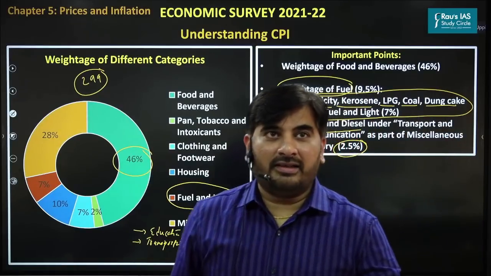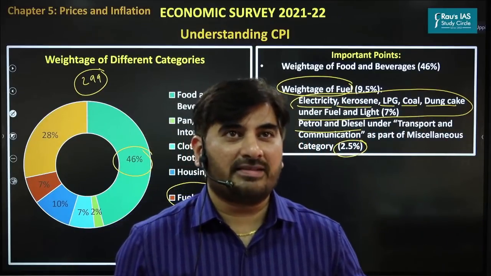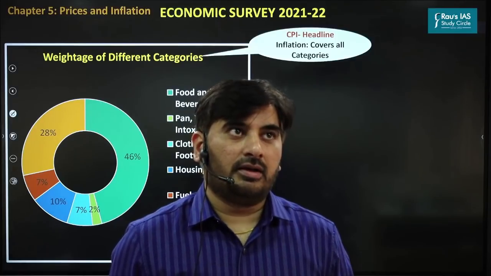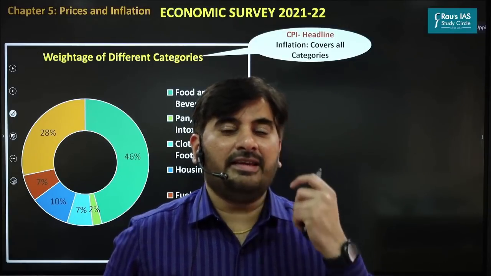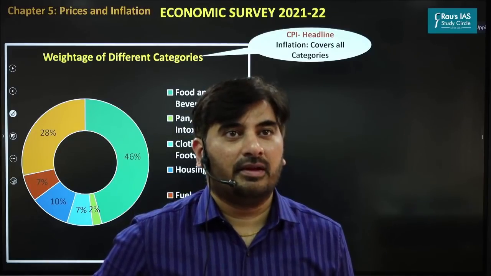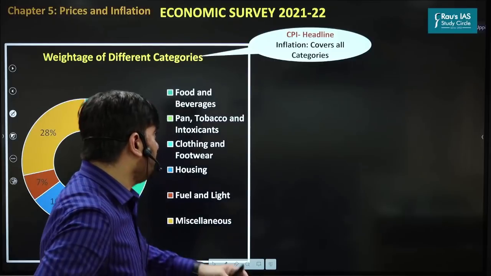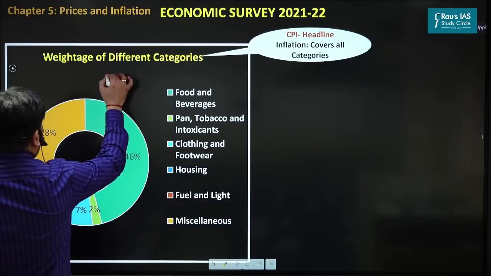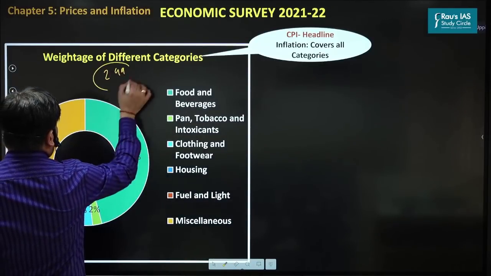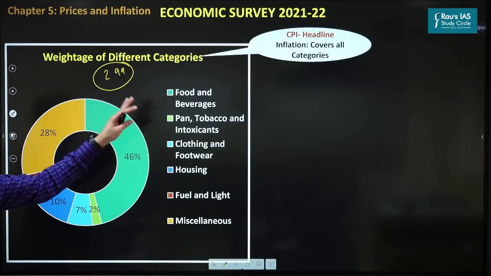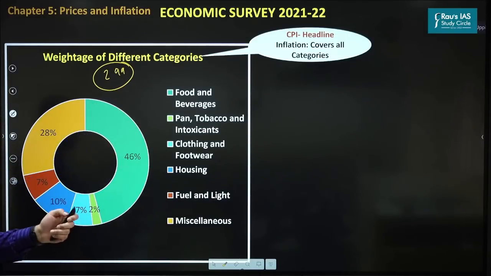Now let's look at different variants of the Consumer Price Index, CPI. Normally when we say CPI headline inflation, it is the inflation in all the 299 commodities. So when you measure inflation in 299 commodities, we call it headline inflation. That's the first thing. Second,